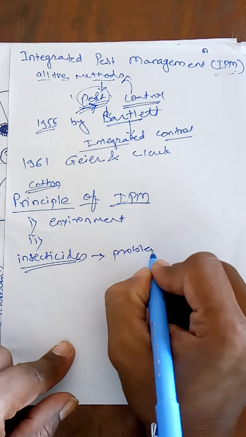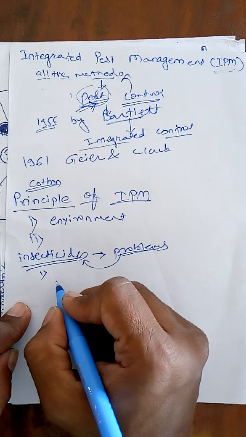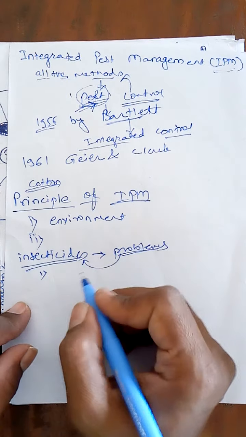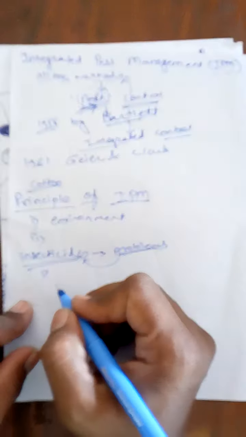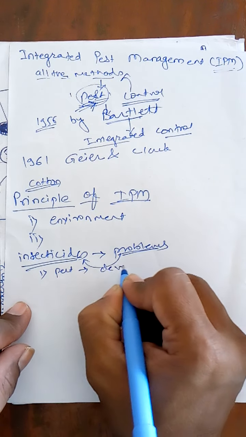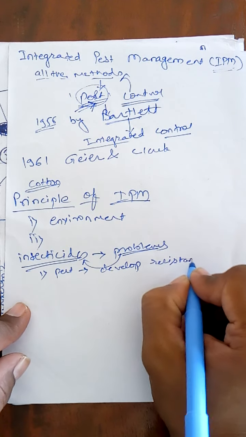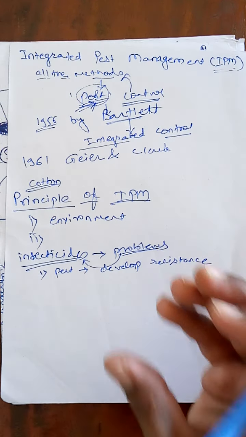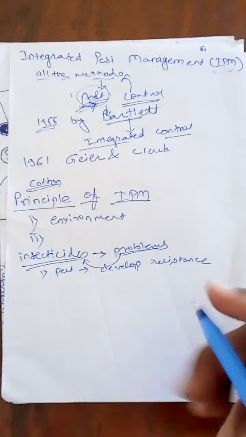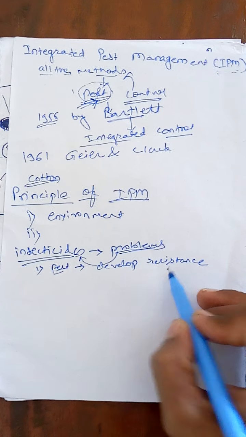The problems caused by the use of insecticides are as follows. The first one is the development of resistance to the chemical. Means what? These pests develop resistance. Resistance means that if we are using a specific type of chemical, the pest produces resistance to that particular